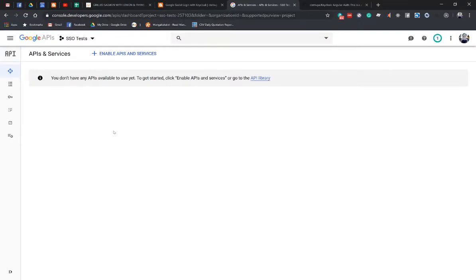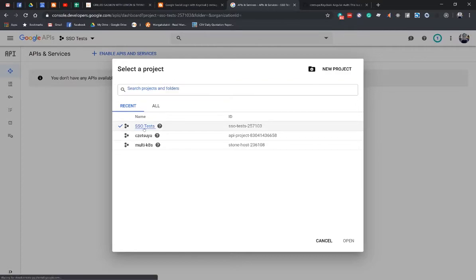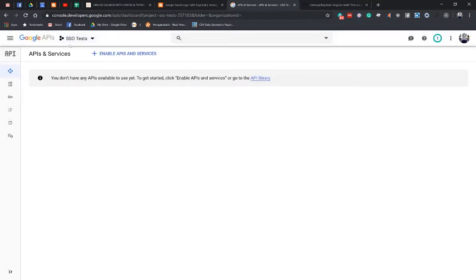Oh, and by the way, before I forget, we need to delete or remove the project that we have created in Google Console. Remember, we created the inventory project earlier, but I already deleted that one. So first, you have to select the project that you want to delete. In this case, this is the SSO test project, and in the top right,